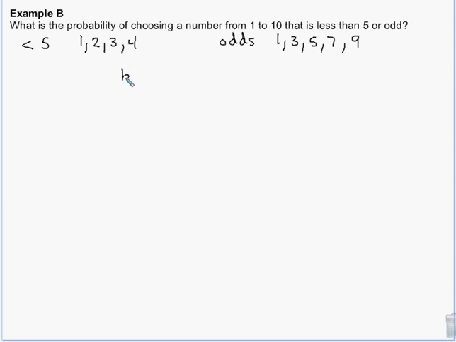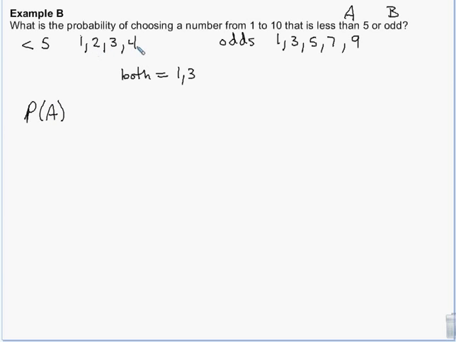And both 1 and 3. Okay, so both less than 5 and odd is 1 and 3. So we want to know the probability of picking a number from 1 to 10 that is less than 5 or odd. So if I call this A and this B, the probability of A, which is the less than 5,